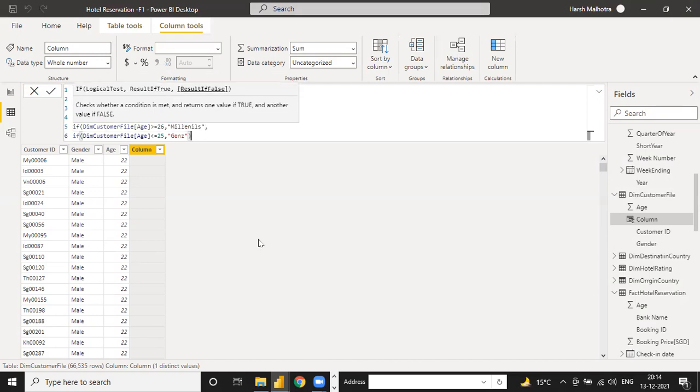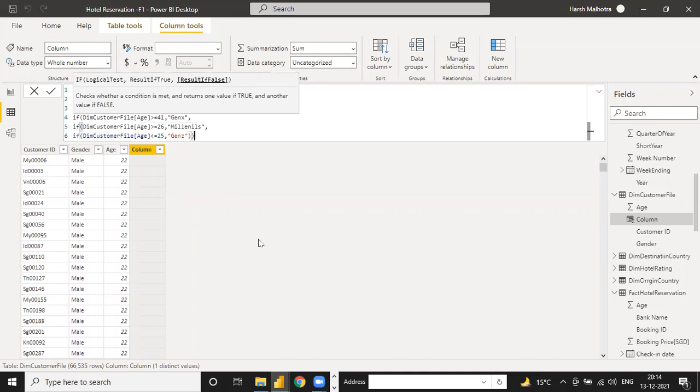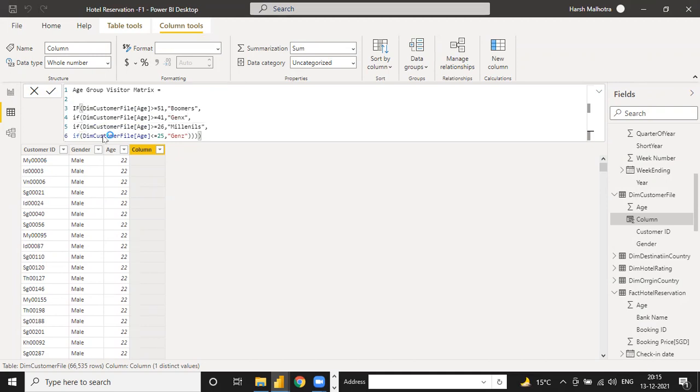And this condition, guys, is given by a company; you don't need to understand it on your own. The condition is given by your company, and there are 4 brackets because you have put 4 functions. So just enter. When you enter, see, the column will be written as per the above condition. See, at the age of 22 the label is gens.